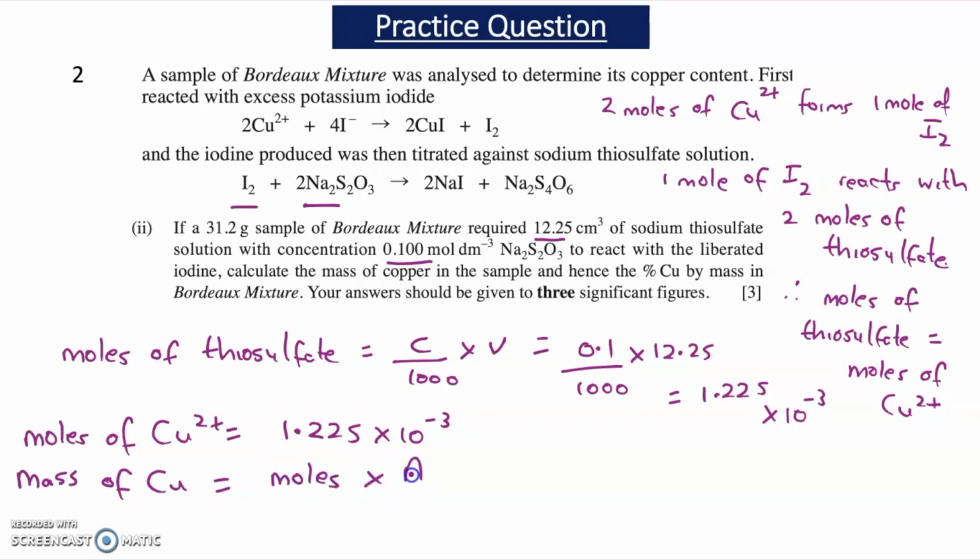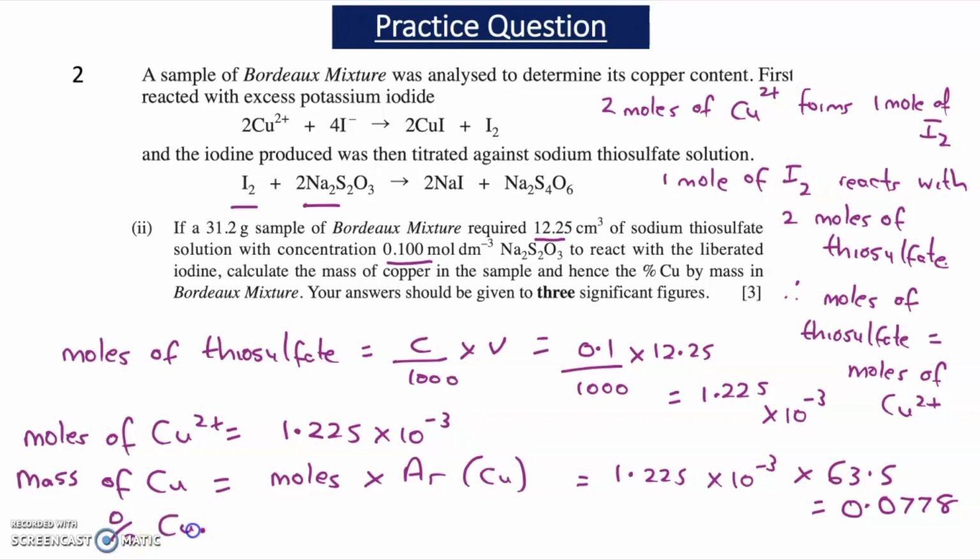So I need to work out the mass of copper present in my flask. Now if I know the moles of Cu2+, to convert this to mass, I just simply times by the Ar value of copper, which is 63.5, and this will give me a mass for copper present in the flask. So it would be 1.225 times 10 to the minus 3 times 63.5, and that gives me a mass in grams of